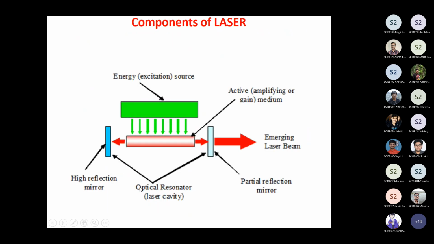There are different classes of lasers. Here is a schematic of a laser. You have two mirrors: one highly reflective, and a partially reflecting mirror, kept parallel to each other. Here you have a gain medium, this red region that you see here. And you have some external pumping source which would generate additional photons, which would pump this gain medium.